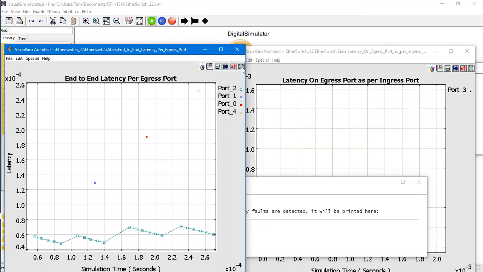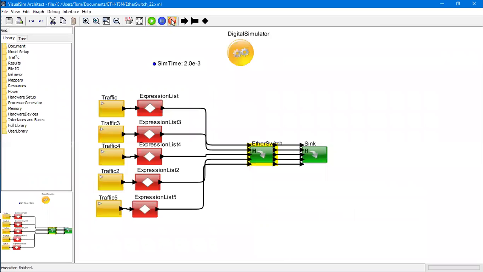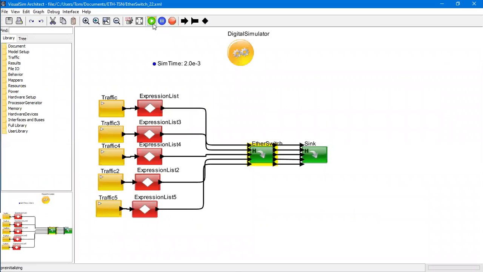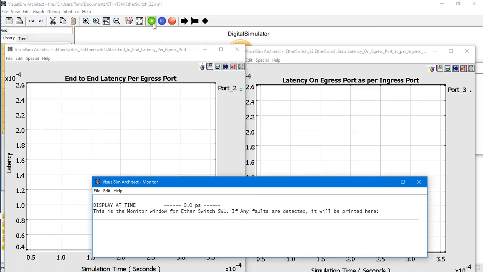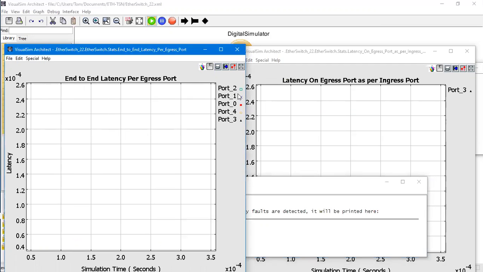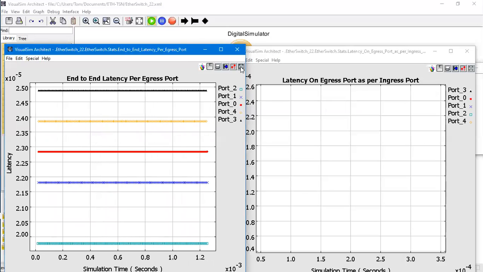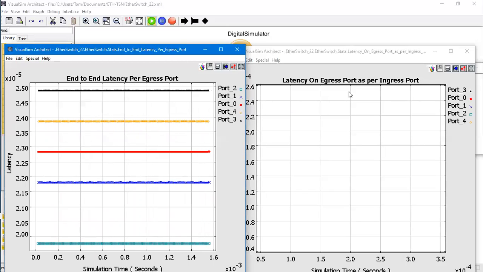It is not able to process all the packets coming in, and it's getting a bit congested over here. So we can see how the speed contributes to the simulation. Let's try again with the 1000. We can see a deterministic behavior over here.